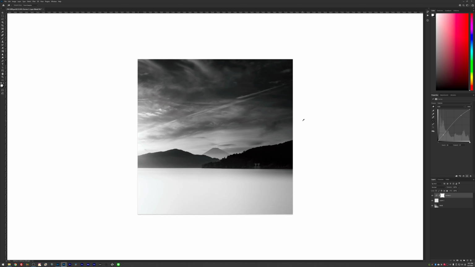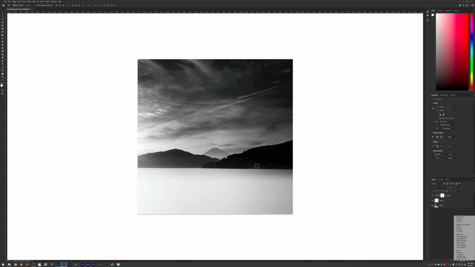So overall the image is lifted, but it still maintains a nice contrast. If you see a before and after, you see it's a pretty dramatic difference. So that's good for contrast. Another thing that I want to do is add a top vignette and a bottom vignette to focus the eye in the middle of the image.